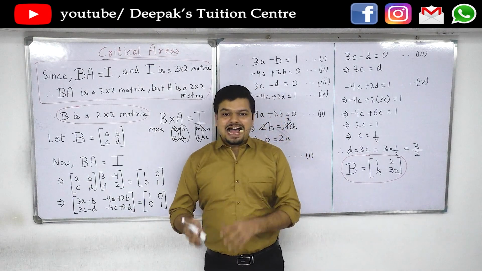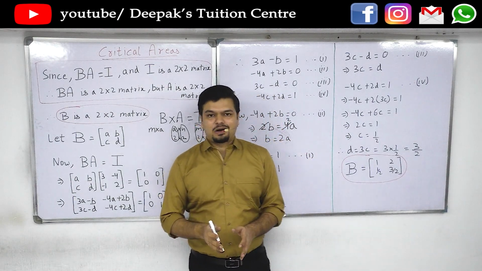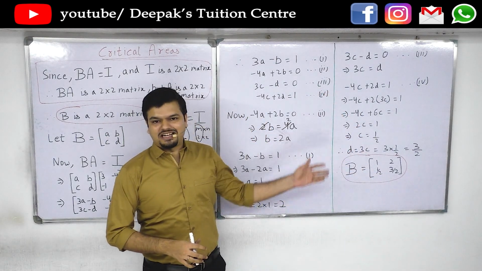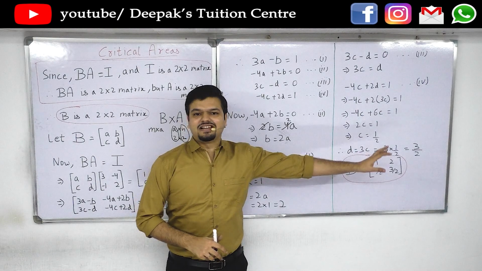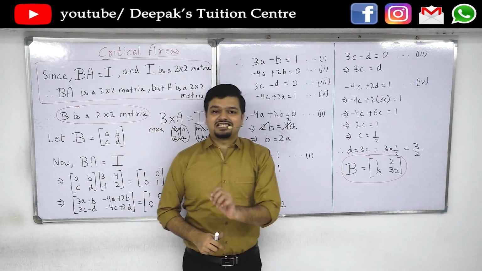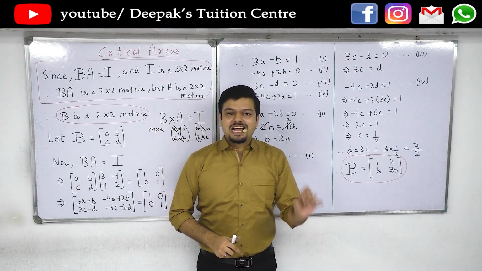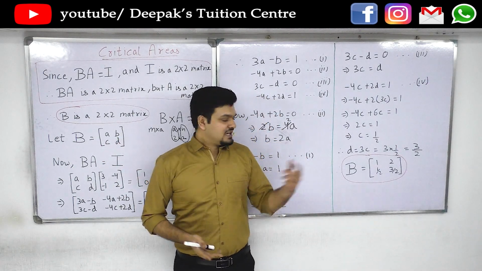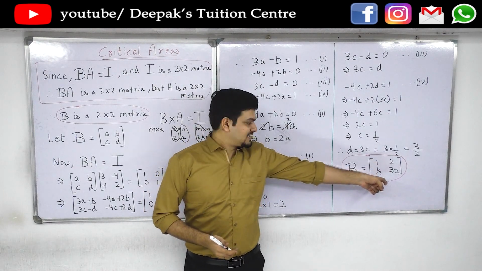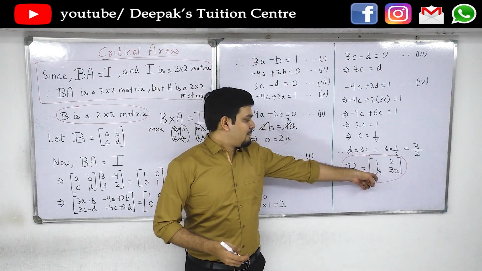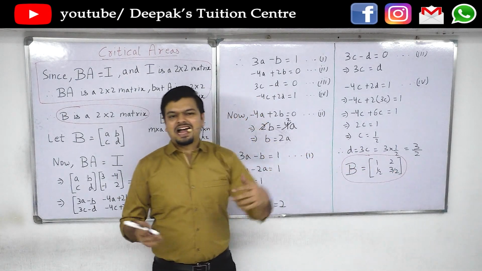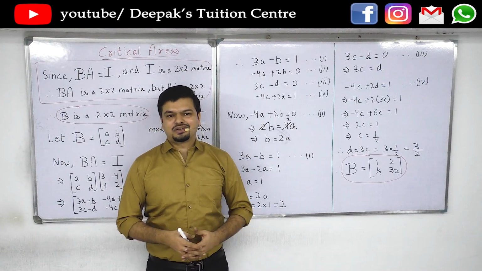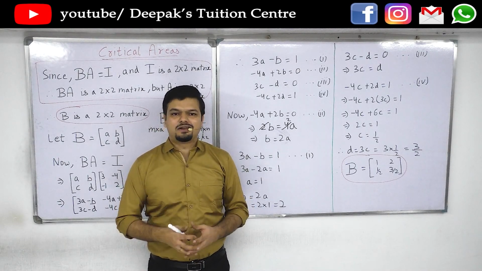Another mistake that students quite a lot of times commit is once you have calculated A, B, C, D, which could be a bit tiresome process, you just leave it there. You forget that the question asked you to calculate the value of B and not A, B, C, D. These A, B, C, Ds you have taken on your own. These are your terms. So you have to show that matrix B equals [1, 2; 1 by 2, 3 by 2]. And as always, you need to show the implies and equal to signs. If you do not show them, you will obviously get some reduction in your marks.